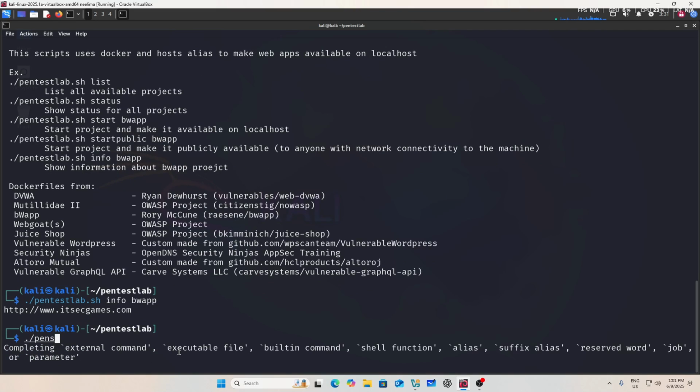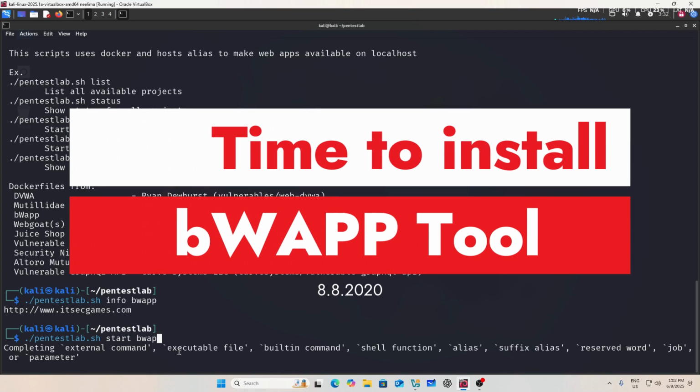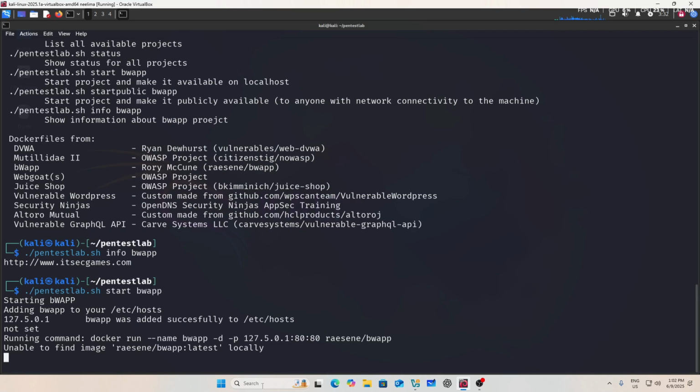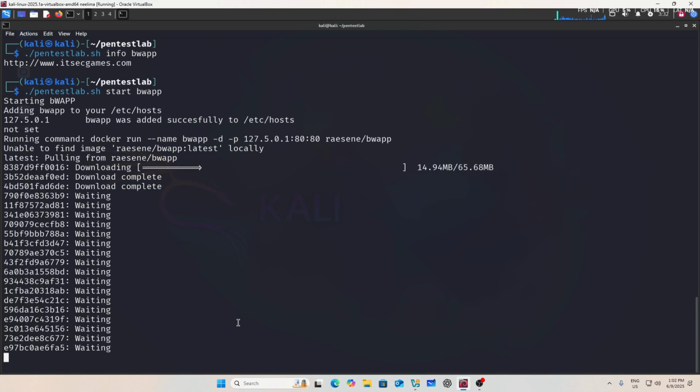./pentest lab.sh, then start bWAPP. The app has been started and will now be found locally on this IP, 127.5.0.1. It's pulling the image here, so just wait and watch.